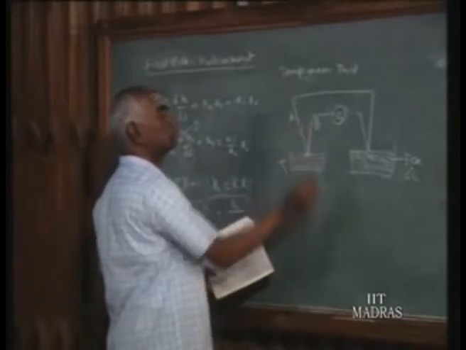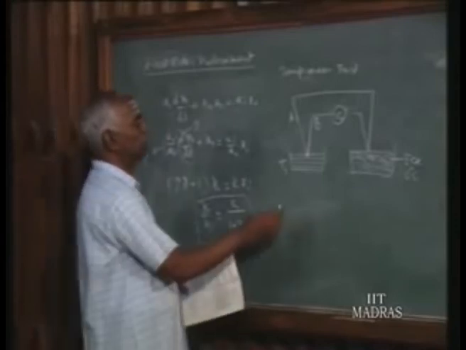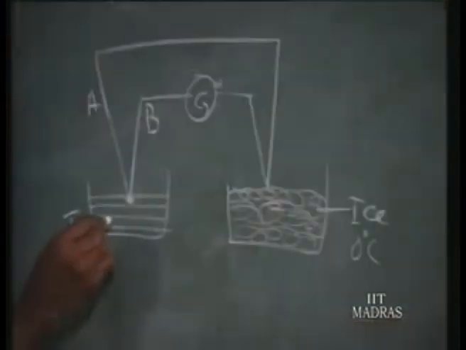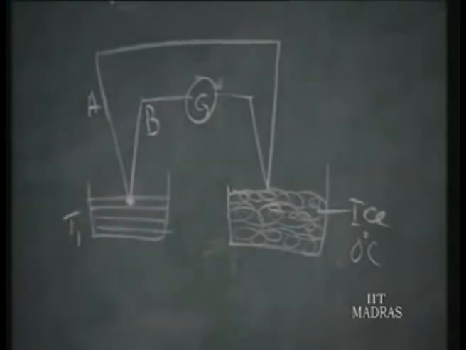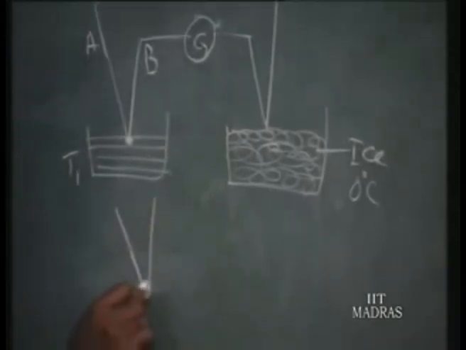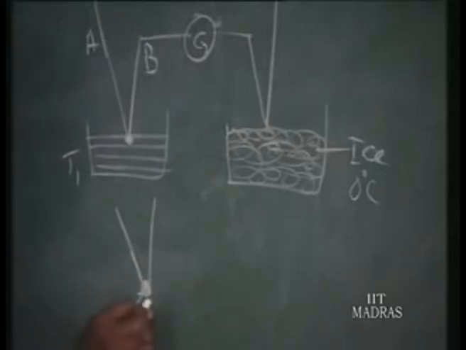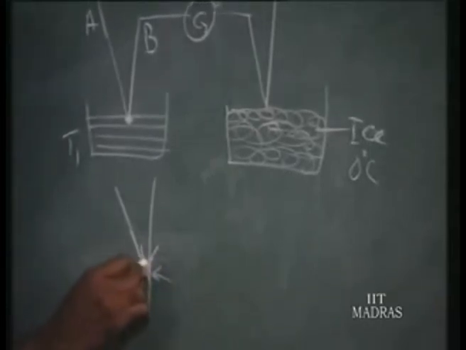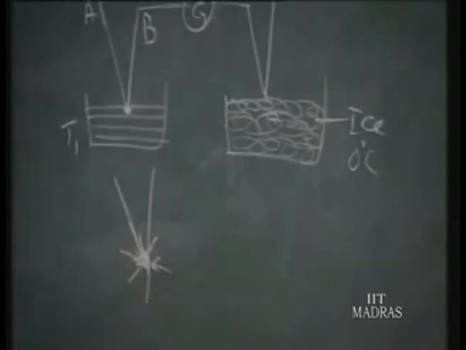Now this is the thermocouple. Now consider the heat transfer from the bath to the thermocouple junction. I will draw the thermocouple junction alone separately. Suppose this is the thermocouple junction, and the heat entering through the surface area of the thermocouple junction is equal to the heat gained by the mass of the thermocouple junction. That is the principle we use here to equate: the heat entering through the surface area of the thermocouple junction is stored by the thermocouple junction itself.